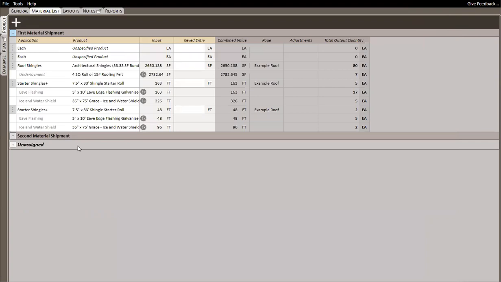Again, like I mentioned before, we kind of stayed in the roofing realm, but maybe you're in the drywall business, and you want your gyp board to drive how much tape and mud that you have, or maybe you're in the painting business and you want, hey, if I call paint as a top coat, I want there to be so much primer that goes with that. Or if I'm in the flooring business and I want to send so many nails or glue